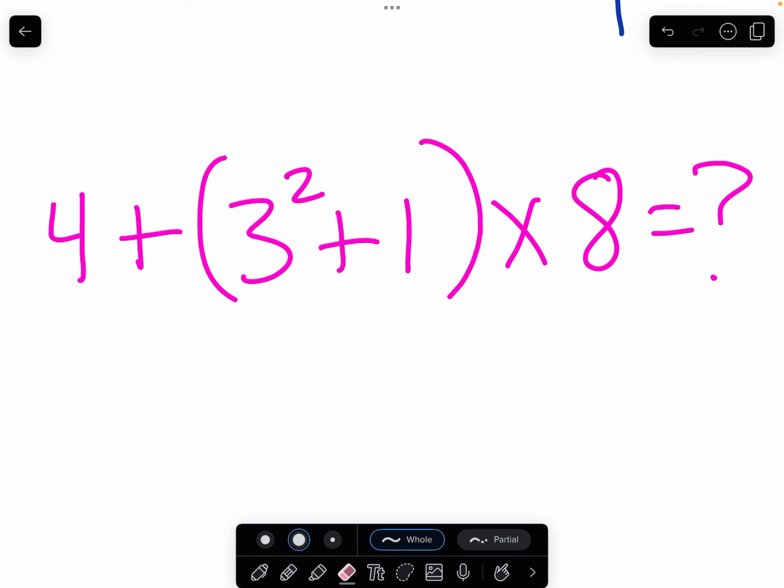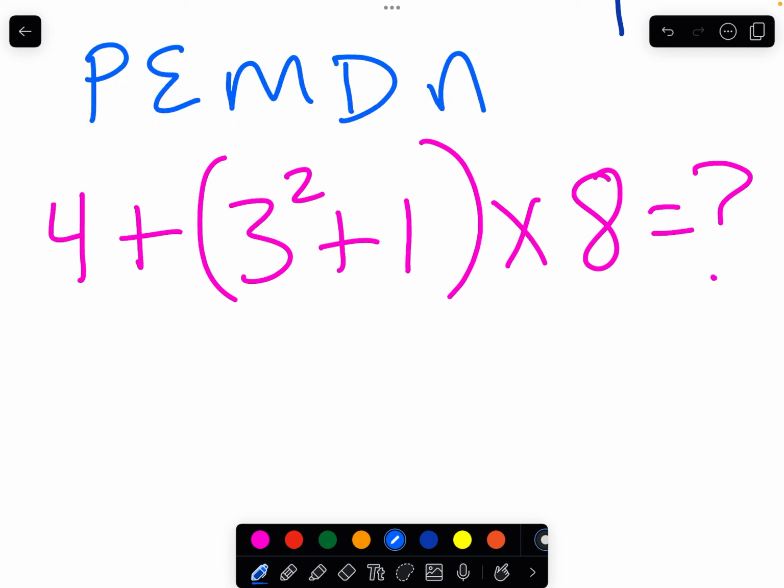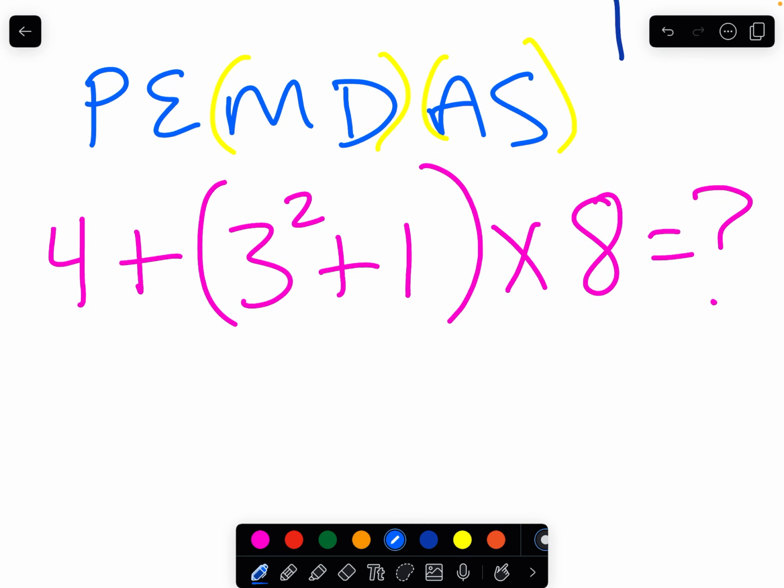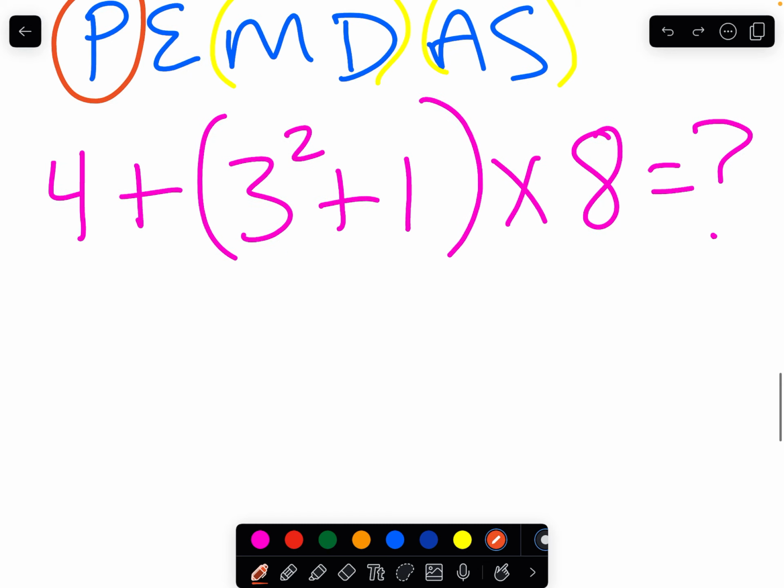I'm going to erase this top part here because I'm going to write at the very top, PEMDAS. Please excuse my dear Aunt Sally. Parentheses around here. All right, let's get to it, guys. The first thing I'm going to do is check. Do I have parentheses in this problem? I sure do, right here. So what do I do? First I have to rewrite the problem. I always do that. I rewrite the problem,